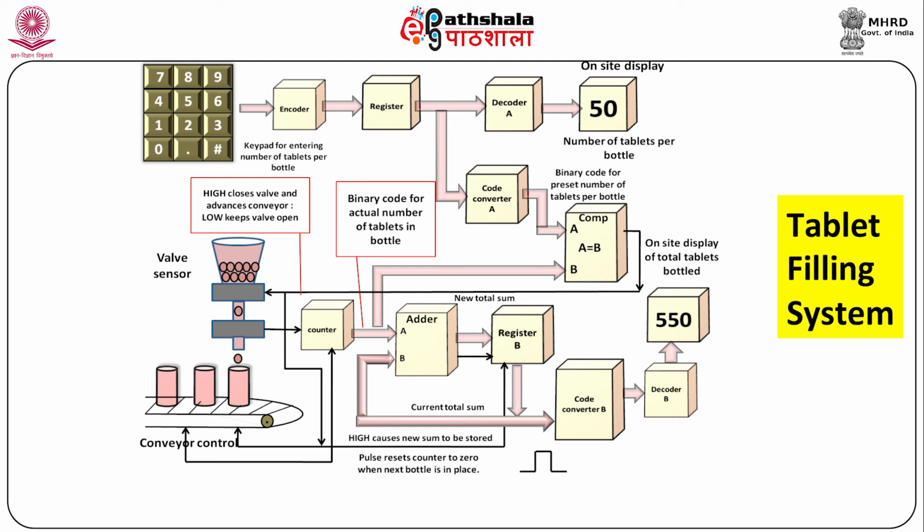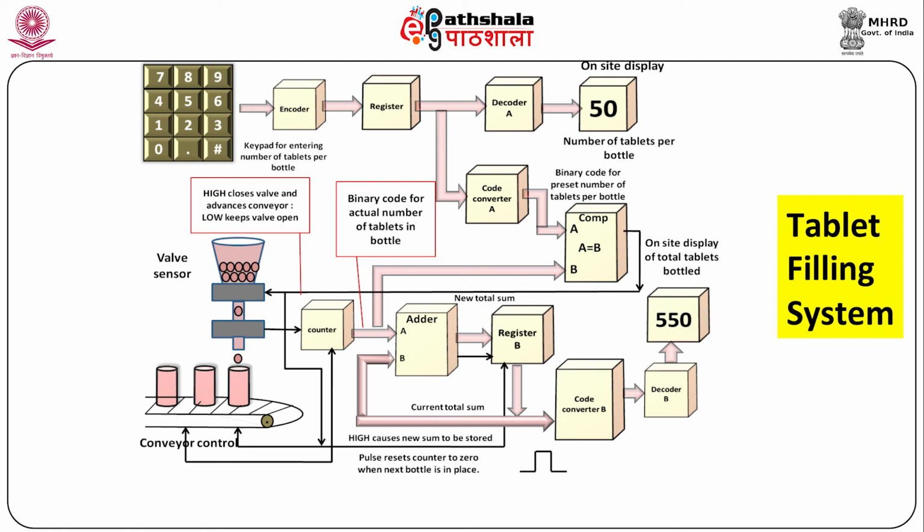The high output of the comparator immediately closes the valve in the neck of the funnel to stop the flow of tablets, and at the same time it activates the conveyor to move the next bottle into place under the funnel. When the next bottle is positioned properly under the neck of the funnel, the conveyor control circuit produces a pulse that resets the counter to 0. The A equals B output of the comparator goes low, opening the funnel valve to restart the flow